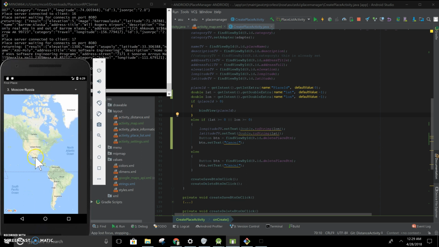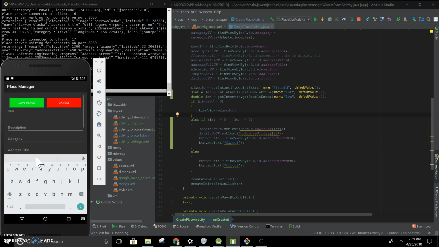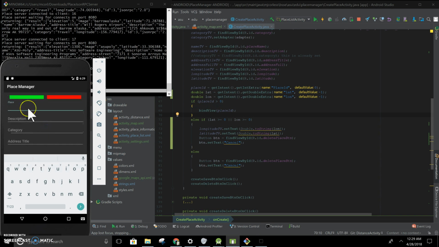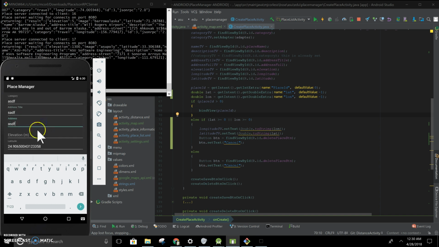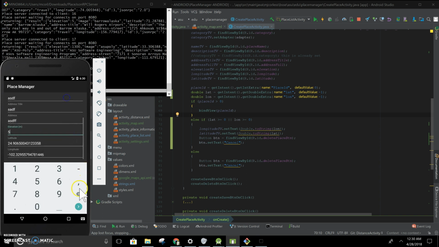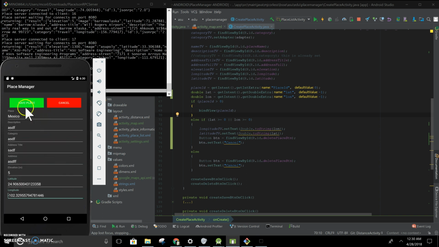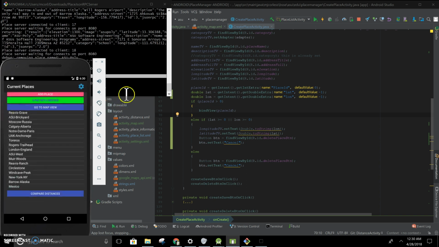If you hit the map somewhere, I'll choose Mexico. It'll open up to add a new place. So let's go ahead and add Mexico, ASDF, and then just give it a non-zero elevation. And then if we go ahead and save the place, once again, it doesn't actually sync that yet, but if